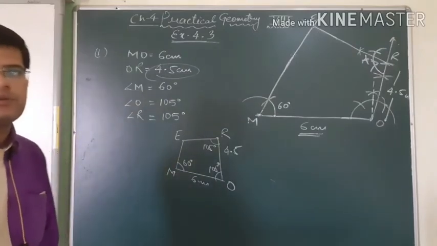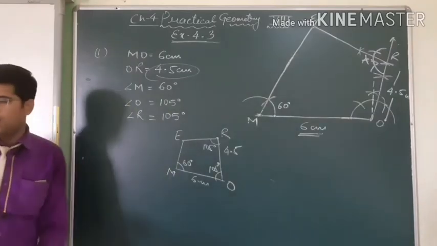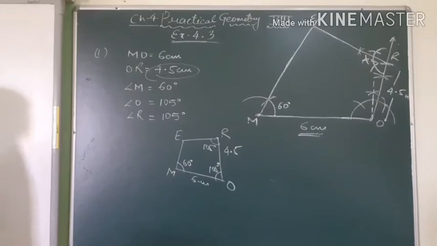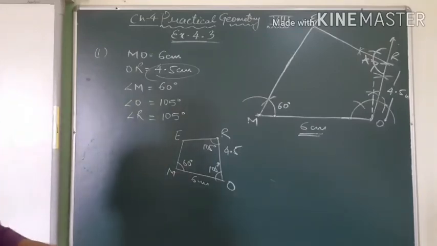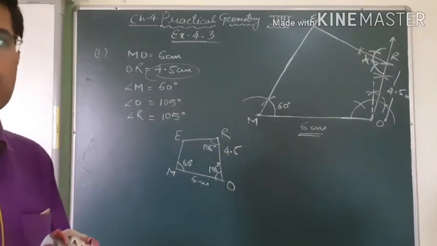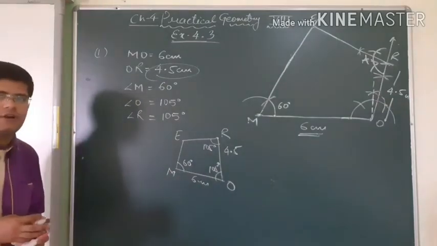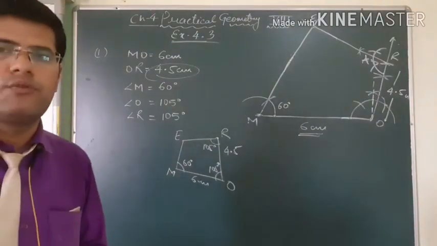What about steps? Steps you can write on your own because it is not a big deal. Every student who was in class 7 is able to write the steps, and you are in a higher class. It is very easy to write the steps. So write the steps on your own. Now I am moving to sum number third because sum number second is like sum number first. Okay students, now move to sum number third.